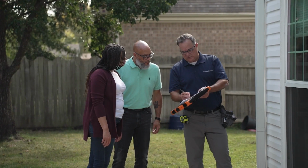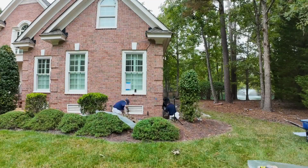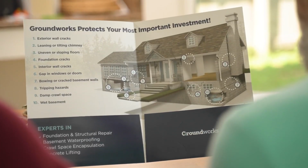So you've got a foundation problem. The good news, addressing these issues early can save you major money and stress later. Plus, investing in foundation repair protects your home's value in the long run. That's a